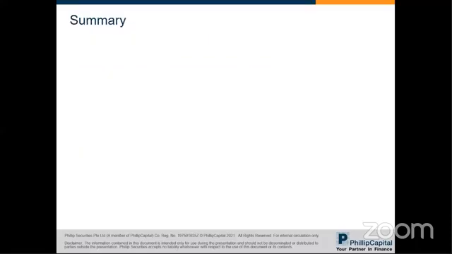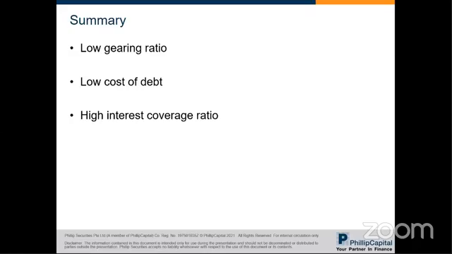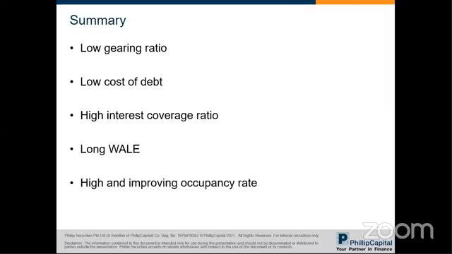So in summary, we actually prefer to have REITs that tend to have a lower gearing ratio. This will give them the ability to acquire assets when an opportunity arises, and also a lower cost of debt, which means that they are paying lower interest. We also prefer them to have a high interest coverage ratio, so they are able to pay out their interest expenses comfortably,